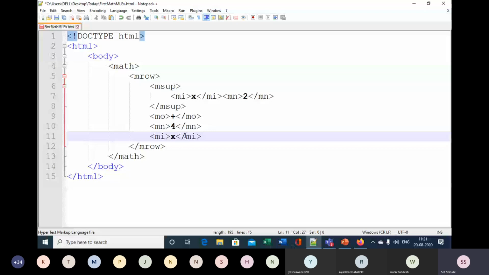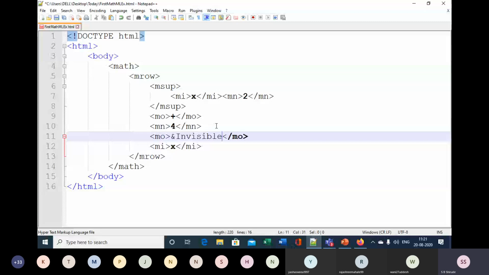There is some meaning in between this 4 and x. If you want to represent it, you can do so by using a character entity, and you can insert it by using mo, and that character entity is &InvisibleTimes;.